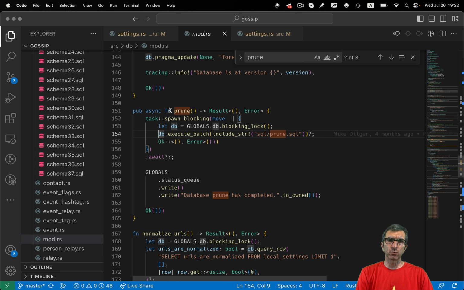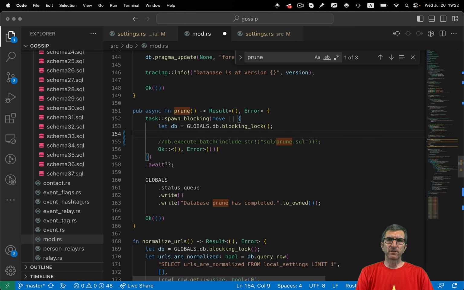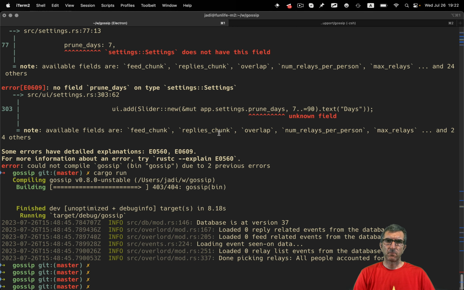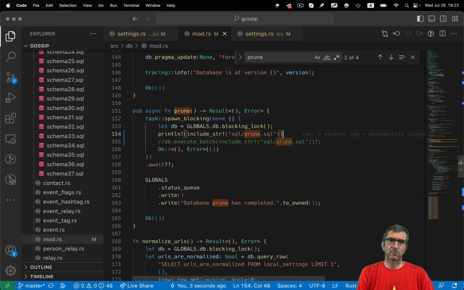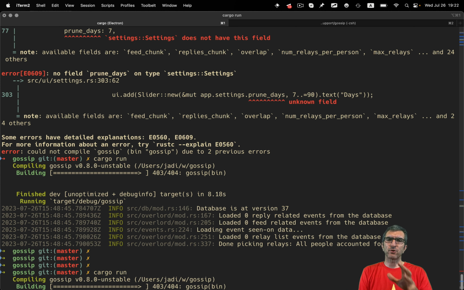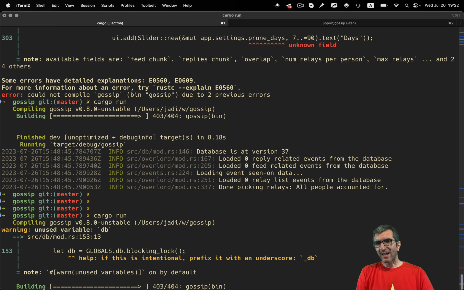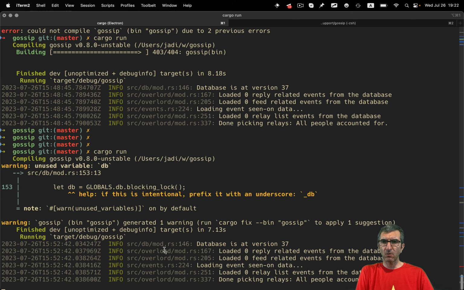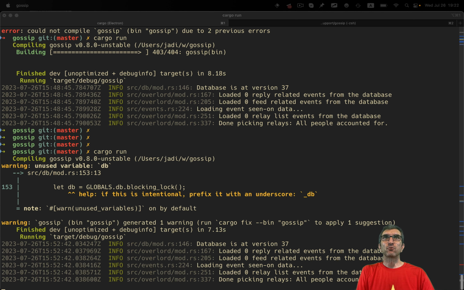Let's not execute this and go with a print line. I'm just printing the prune action. Okay, it says this is not used. Fine for now.